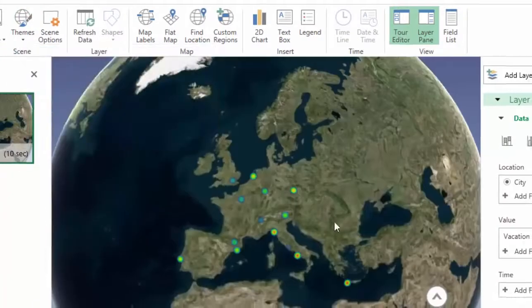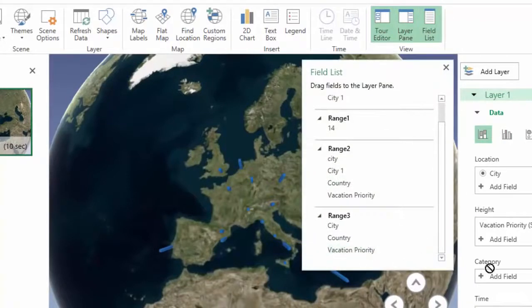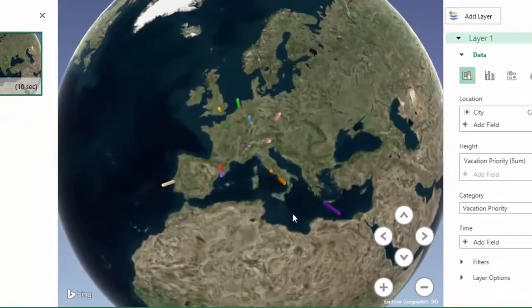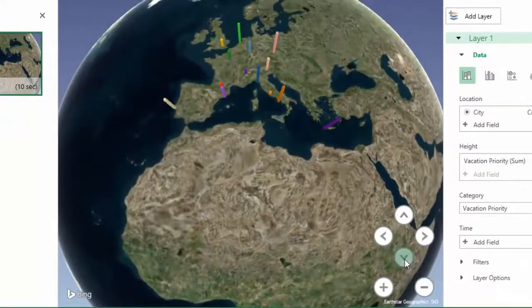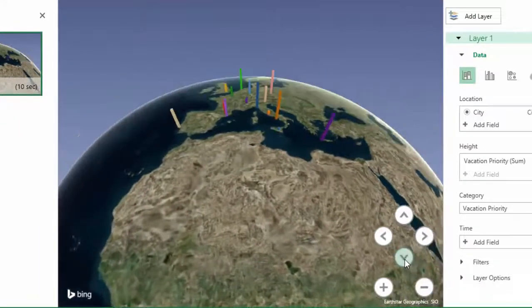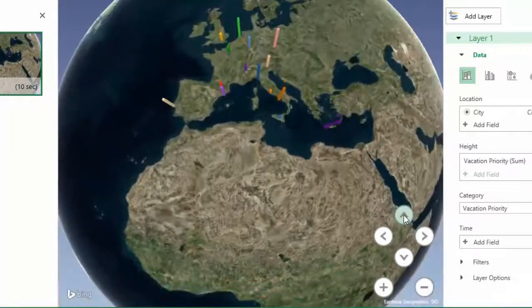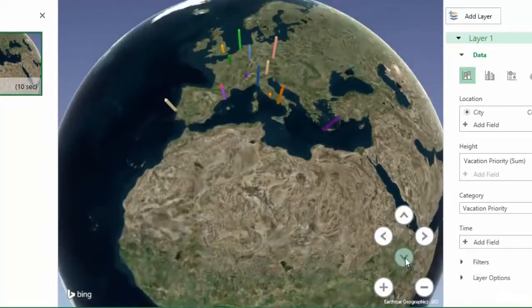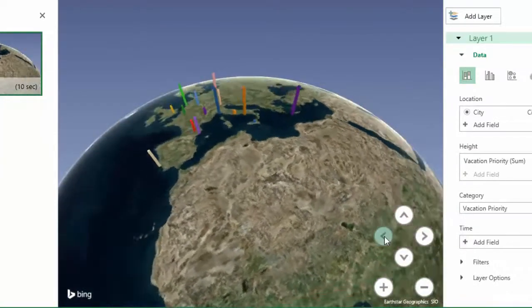So if I want to go to more of a global theme, I'll go back to my bars. I'm going to add my vacation priority into the category. Then of course you can move this around. You can come in at a lower angle by clicking that. You can come in at an almost vertical or top view, but I like this lower angle, and then you can shift around